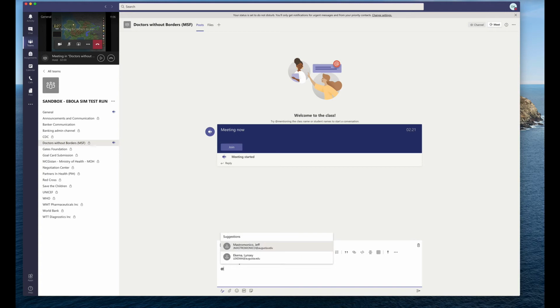So if I say @Mastromonaco, this will give Jeff a notification that he's being tagged and actually give him a little bit of alert. So we're going to be using that function to make sure that each person is tagged and aware of what's going on. And in subsequent videos, I'll talk about exactly how to use that. But also, this is where we're going to use a subject line. So if we say, for example, ETU, and I'm going to tag